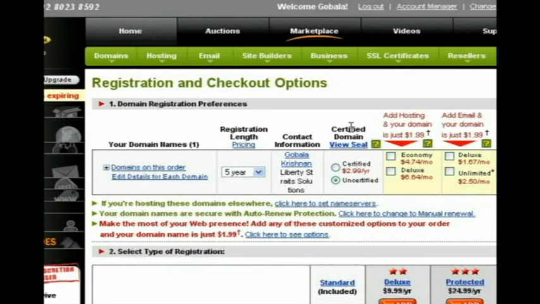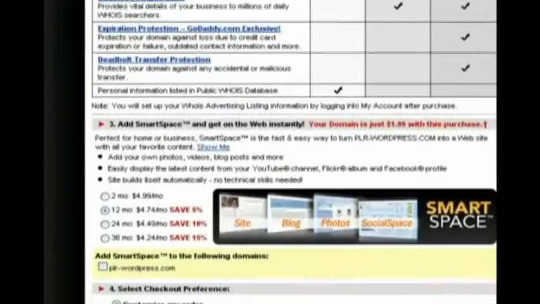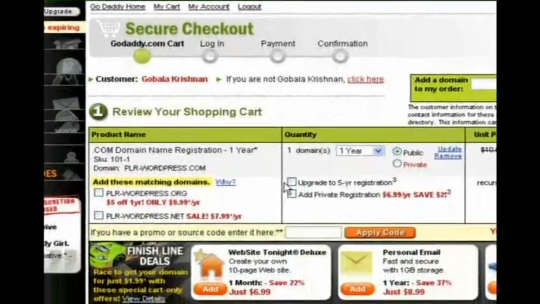And one very important thing you need to check is, as I mentioned before, GoDaddy will try to sell you more and more stuff, and by default, the registration length of your domain name right here could be set to 5 or even 2 years. So if you only want to register this domain name for 1 year, you have to manually edit it and put 1 right here. And there are other options that GoDaddy suggests you get. But if you don't want to get those options, then you pretty much have to ignore all these upsells right here and just click on No thanks, I'm ready to check out. And again, GoDaddy would try a very last-minute attempt to sell you more stuff by allowing you to